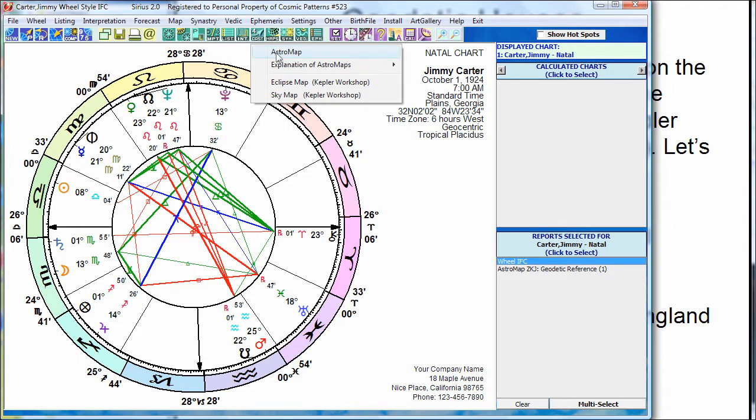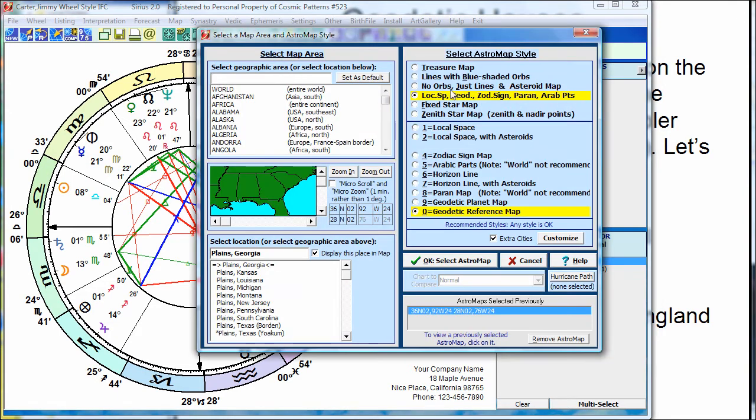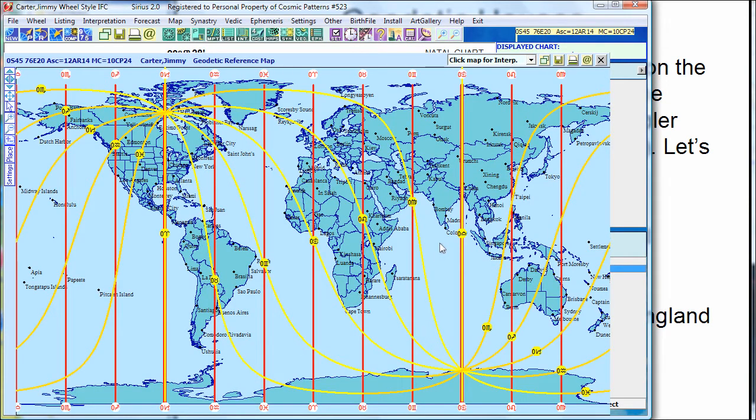So I'm going to go to Maps, select an astromap, and I've got selected here local space, geodetic, zodiac signs. These are the kinds of astromaps, and this gives me access to some of these more specialized maps like local space, Paran maps, Arabic parts maps, and also the geodetic reference map, which I had selected earlier, so it's the default. And I want to do the entire world, so I'm going to select world here for demonstration purposes. So I'll click OK, and this will show you what the geodetic